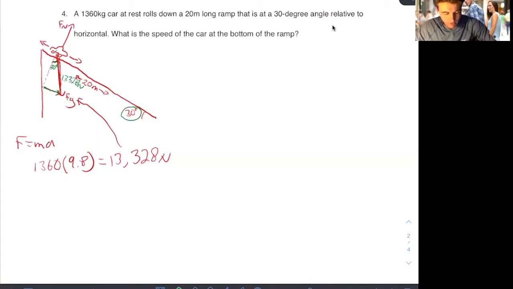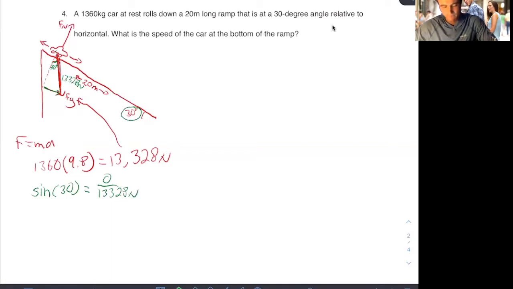So what are we going to do? SOHCAHTOA, right? Remember that. So in this case, it's opposite over hypotenuse, so it's going to be sine, right? We're going to use sine. So sine of 30 equals opposite, which is what we want, over hypotenuse,